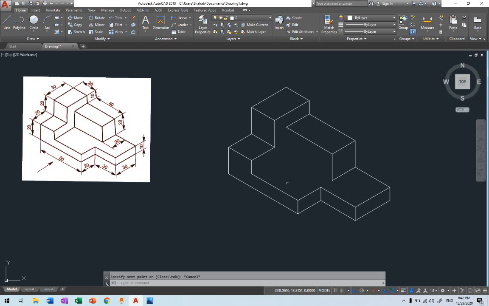So while you're drawing isometric, you will learn how to read 3D shapes. So from here we'll go down 20, then I want to come in this direction, but I have to change the icon with F5. Sorry, 20 here, then in this direction we'll just need to click here, no need to even type 40, click